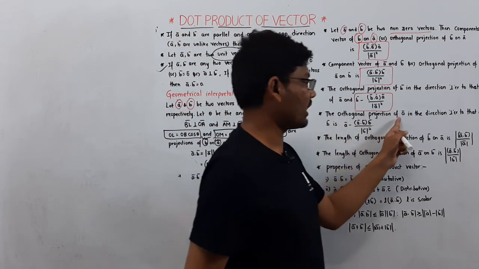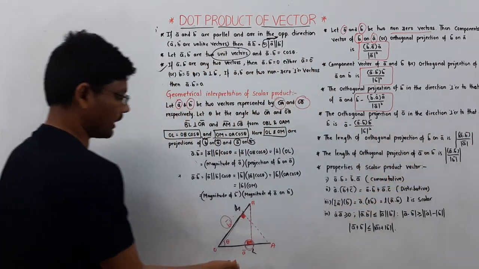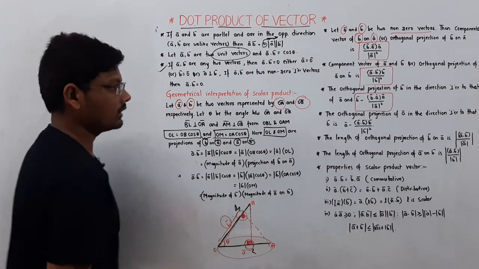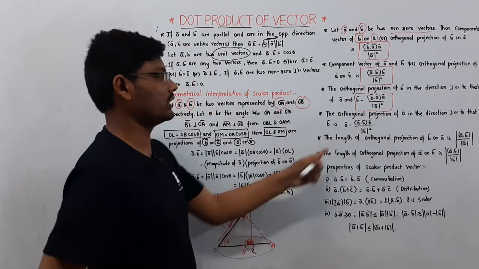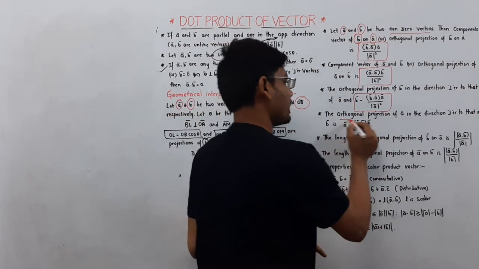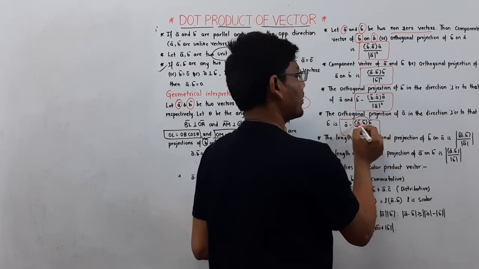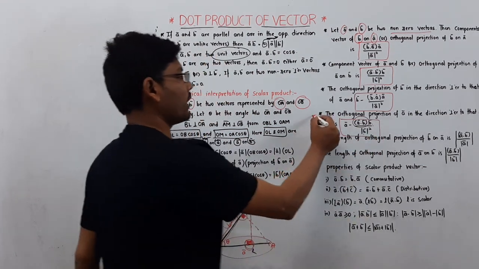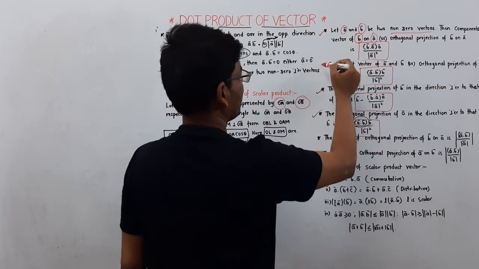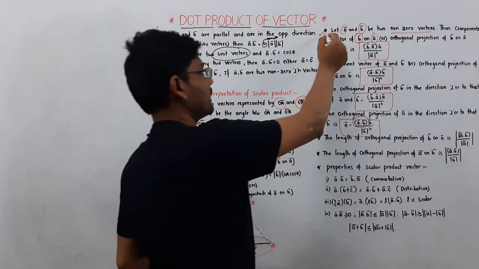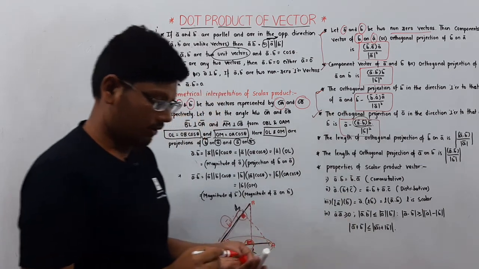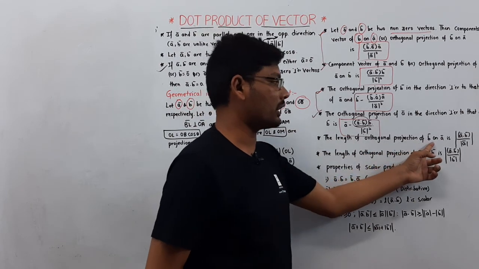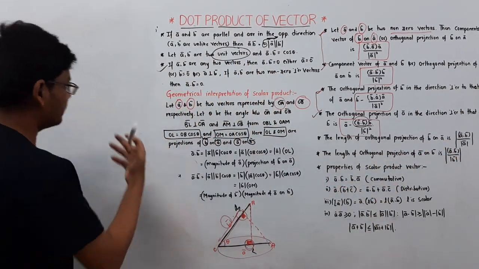Now, the orthogonal projection of the A vector in the direction perpendicular to B bar. This is the A vector, which is projected on B bar. Then the orthogonal projection for this one is A bar minus the scalar product A bar dot B bar into B bar by modulus of B bar square here. These 2 points are reversible here, and these 2 points are based on one more condition. And the next one is the length of the orthogonal projection of B bar on A bar. This is the most important one here.